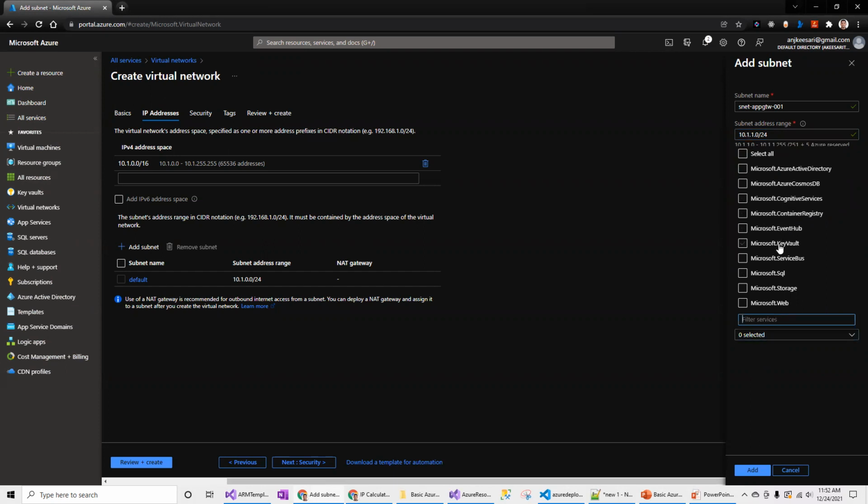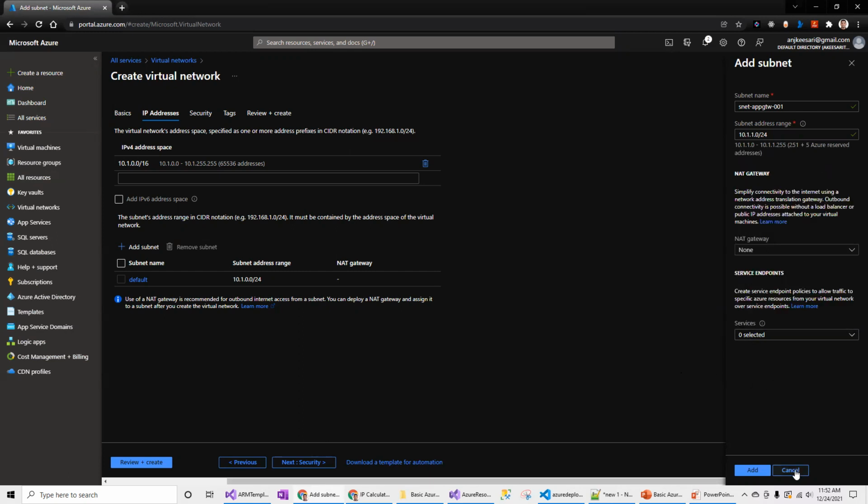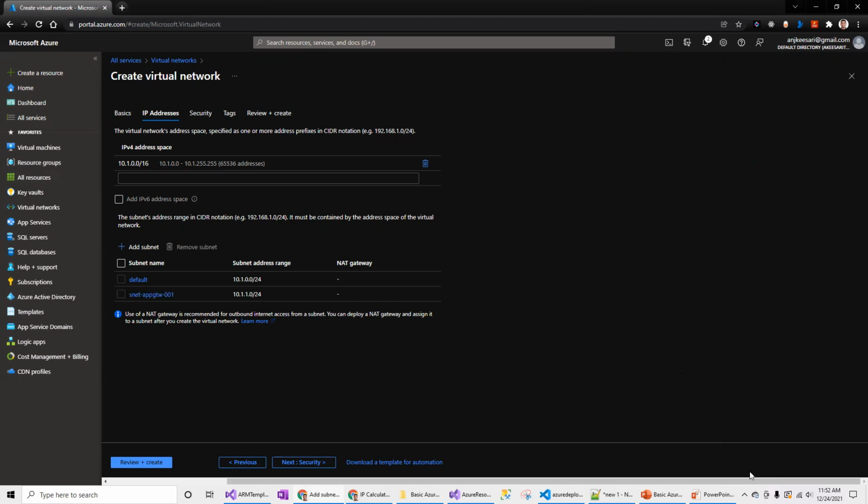So these are the list of service endpoints you can select to restrict the traffic. So that is something I will be exploring more in future videos. Let's add the subnet, one subnet. So I will add the remaining subnets. I will show you how to add the remaining subnets once I create the resource itself.